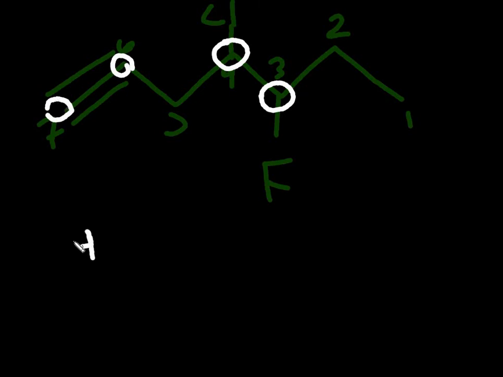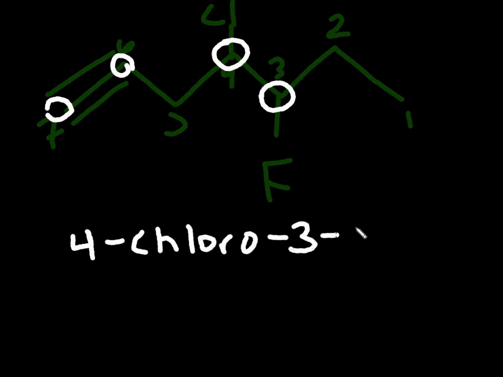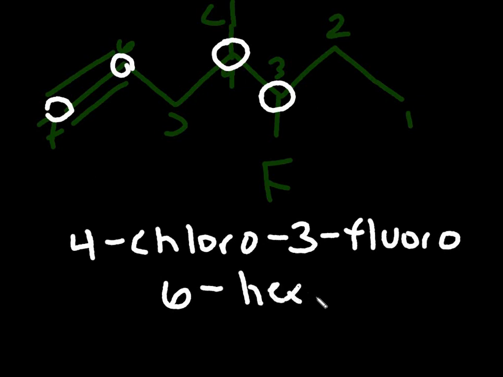We have 4-chloro, and remember alphabetical order. 3-fluoro. 6-hexyne. I'm sorry, it's actually hept. So this would be 4-chloro-3-fluoro-6-heptyne. Okay. Now,